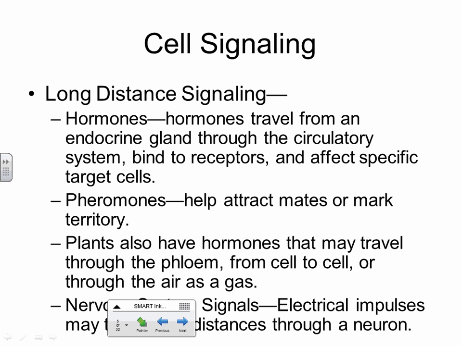There's some long distance ways to communicate too. Hormones. Now, for about the gazillionth time, we know hormones are made by endocrine glands. They travel how? Through the blood. And they only affect cells with their proper receptor. And we call those cells with a proper receptor what? Target cells.